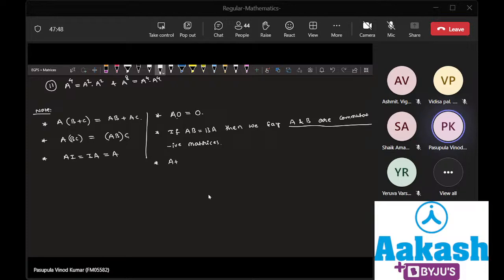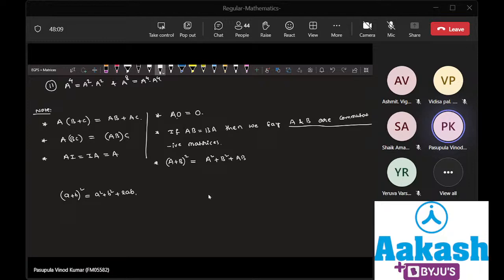Suppose you take A plus B whole square, what is the general formula? Can you tell me? This is A square plus B square plus 2AB, right? Yes or no? Yes, sir. Right, but here it won't work, sir. So you have to write it as A square plus B square plus